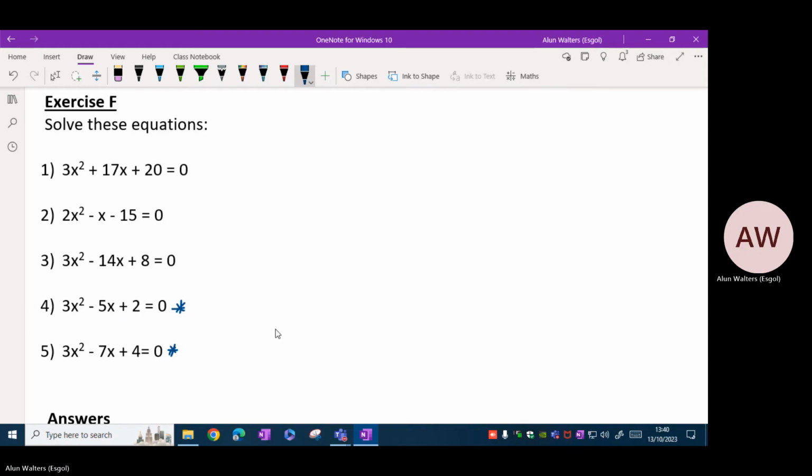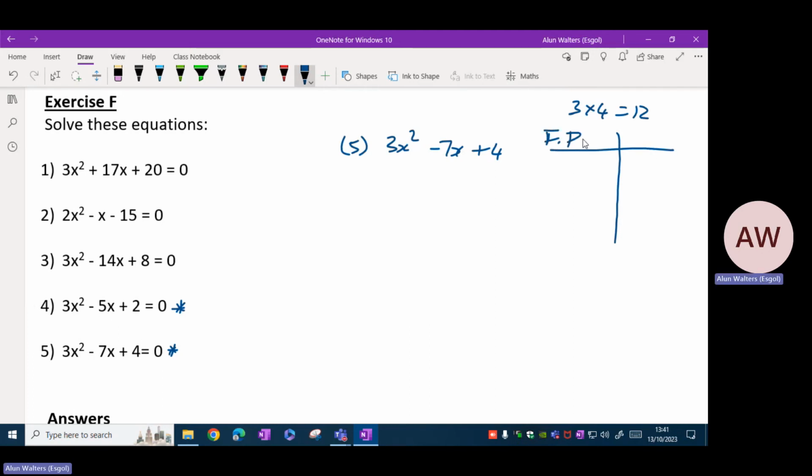Okay, so we'll look at the last question. 3x squared minus 7x plus 4. So we're looking for two numbers that multiply to give us 12, but they need to add to give us minus 7. So I'm going to look at the factor pairs. Factor pairs need to multiply to give you 12, but they need to total up to give us this minus 7 in the middle. Okay, so 1 times 12,